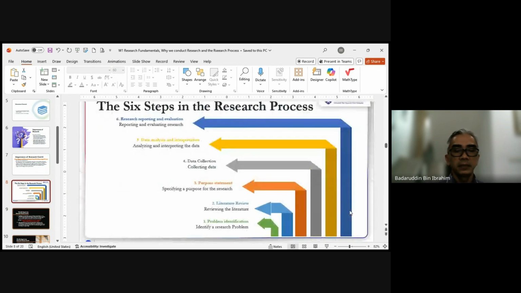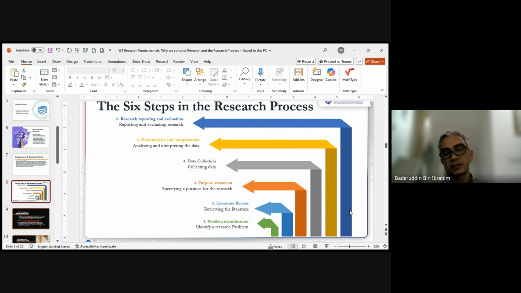So next is the 6 steps in research process. This is a big 6 steps of the research process, and I believe you're all going to go through these in this research methodology class. My part is just a brief introduction, whereby maybe I will touch some of the problem identification and so on. But then again, the rest,